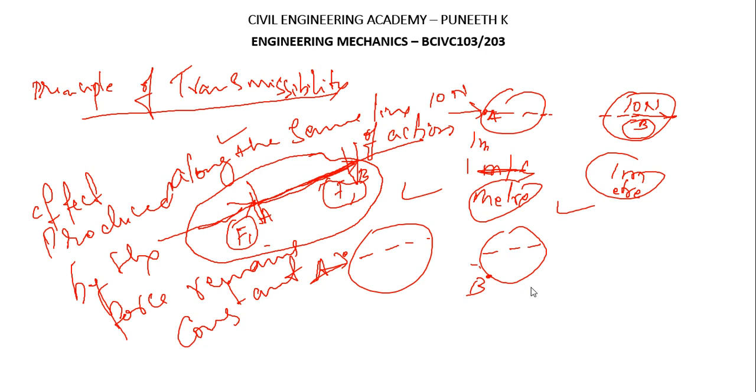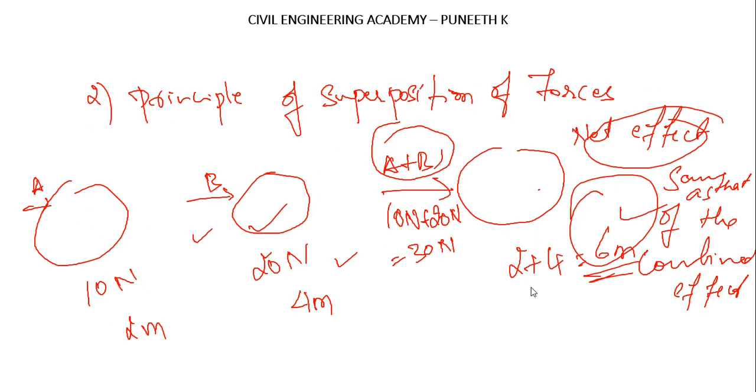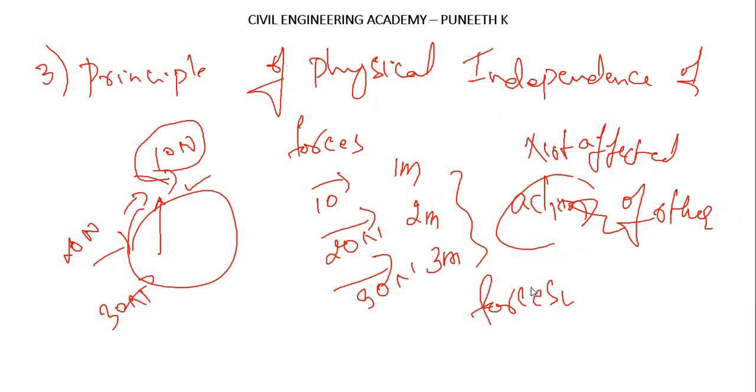So this is what the different principles are all about. We started with the principle of transmissibility. It states that a force can be transmitted from one point to another point along the same line of action such that the effect produced by the force on a body remains unchanged. We moved on to the principle of superposition of forces. It states that the net effect of a system of forces on a body is the same as that of the combined effects of individual forces on the body. And the last one is the principle of physical independence of forces, which states that